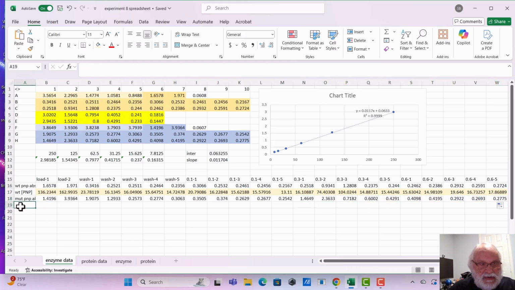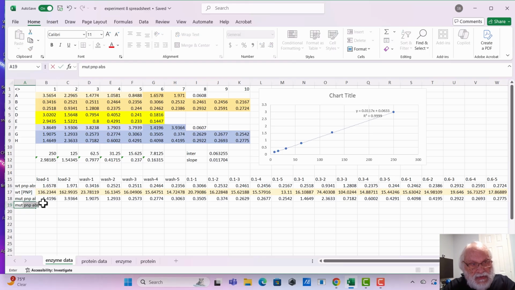Now we need to do mutant, and it's going to be the PNP concentration. Okay? So let's go ahead and do that. It's that same equation again. It's going to be y minus b divided by the slope. So let's go ahead and do that. Equals this value